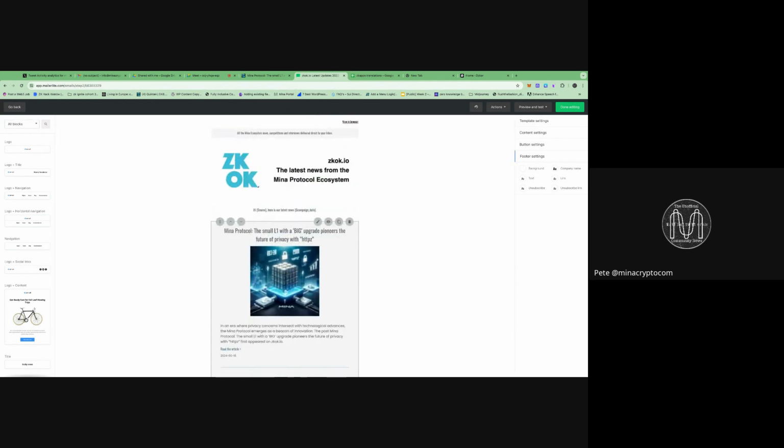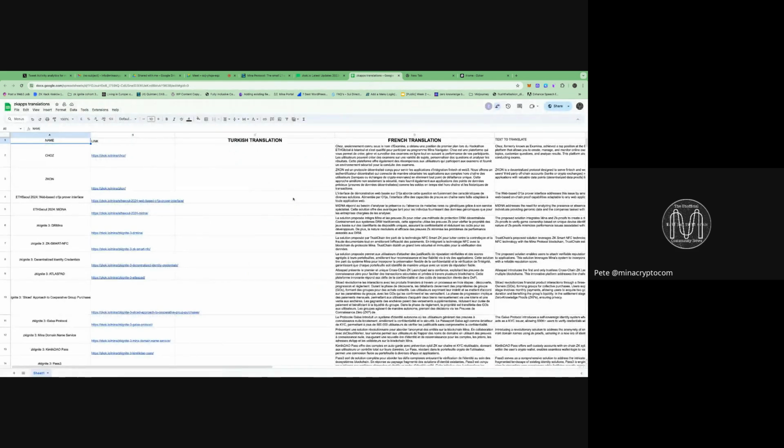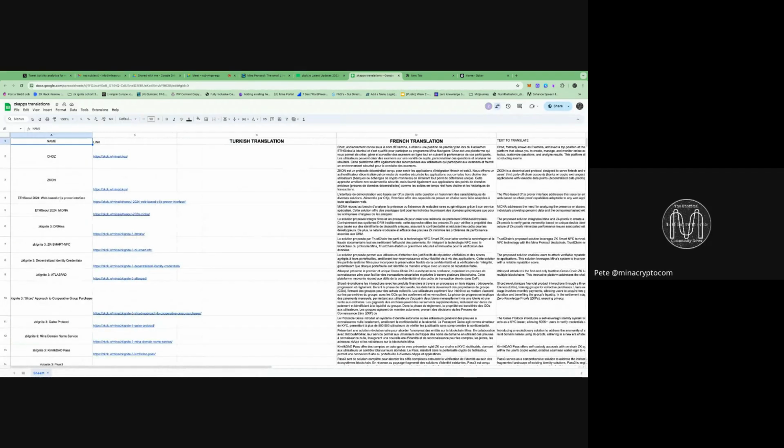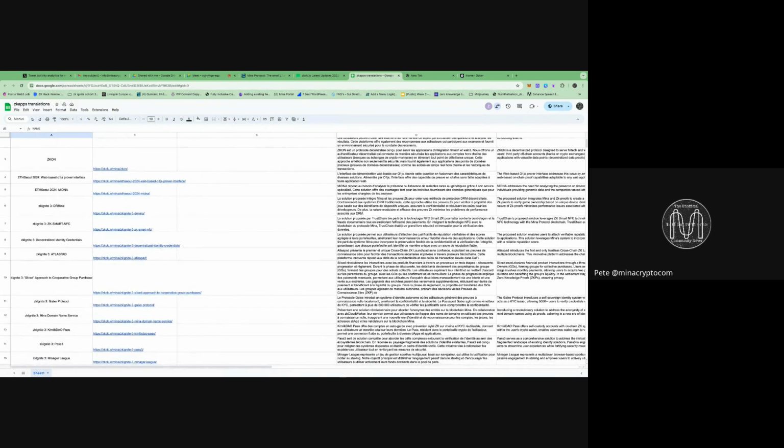And I'll just show you quickly the last thing we're doing. I was trying to get as many translations as possible for the different projects on the ecosystem directory. At the moment, I'm just going through some French ones. Most of the older ones have Turkish and Hindi translations. So I'm hoping that as we grow, every new project, every new zkApp that goes on there, will have 3 or 4 different language translations, to get it out there to as many people as possible.